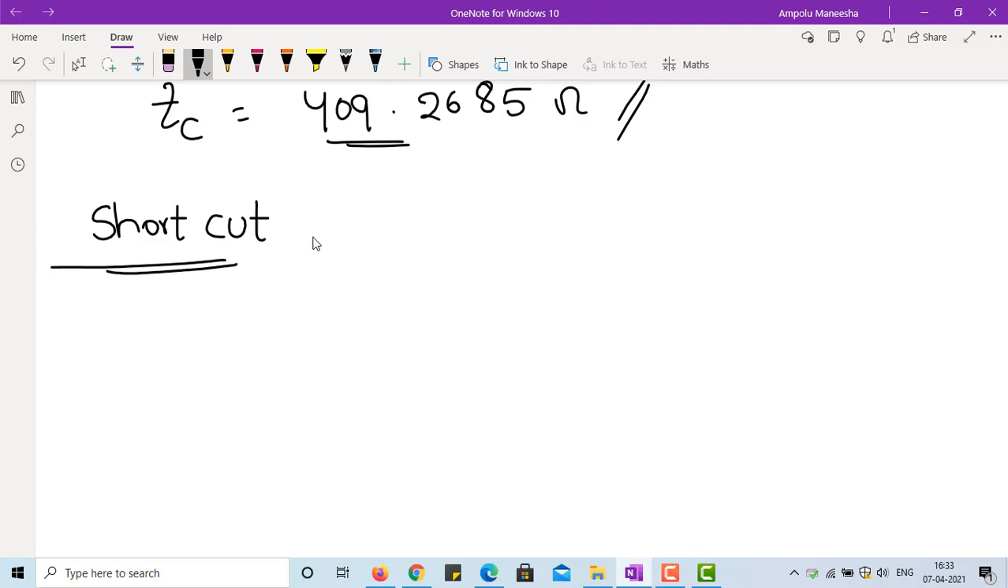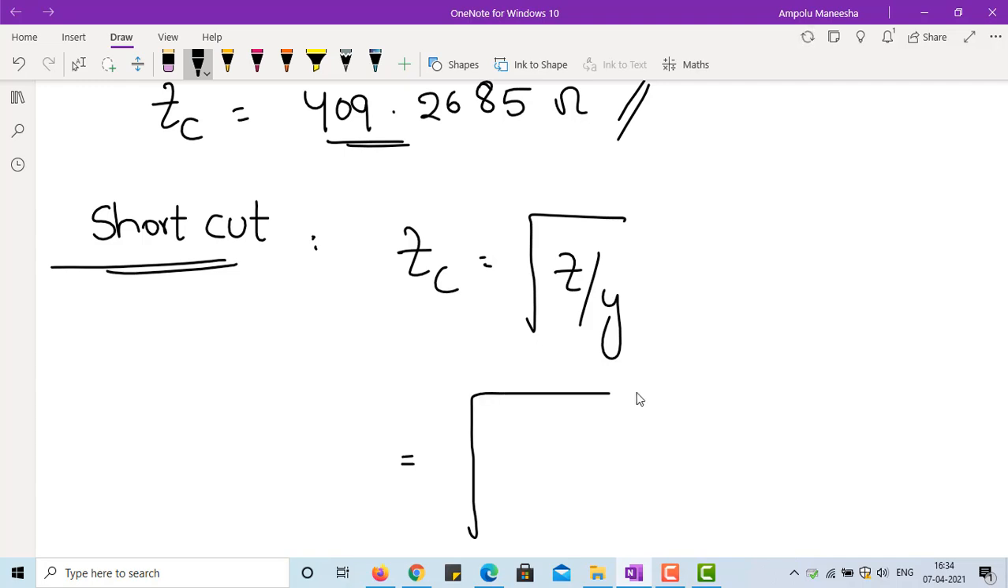What is the shortcut? Characteristic impedance ZC is given by root over Z by Y. Z we know is 100 at an angle of 80 degrees. We can neglect the angles, and Y is 2 by 3300, right? That is equal to